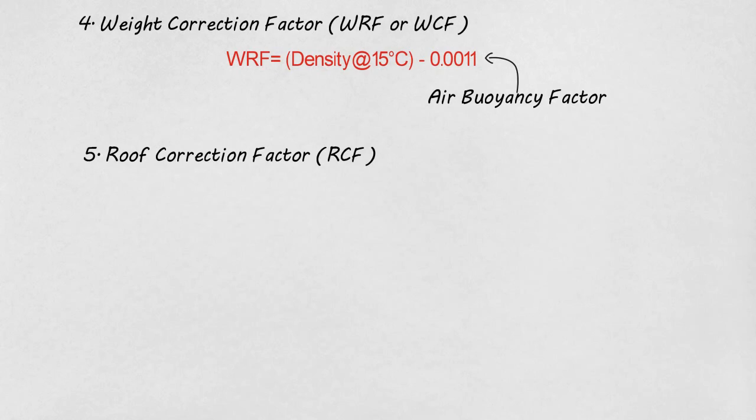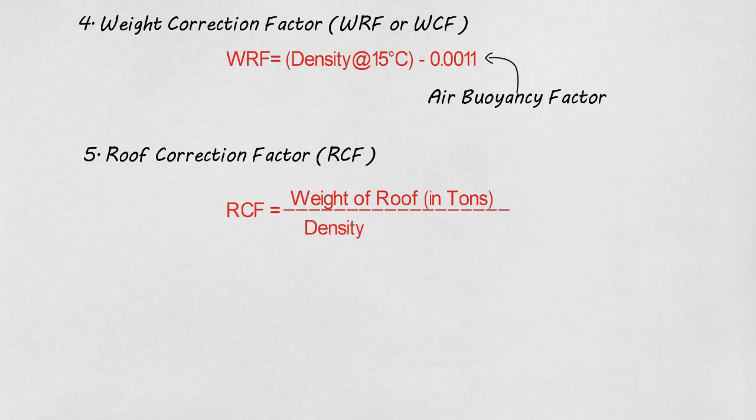So the roof will displace a volume equal to the weight of the roof divided by the density at observed temperature, meaning the weight of the product at observed temperature is what the roof is actually displacing, and because of that the dip of the product will be raised. To reduce this and count the actual volume without the rise, you will have to subtract the roof correction factor.